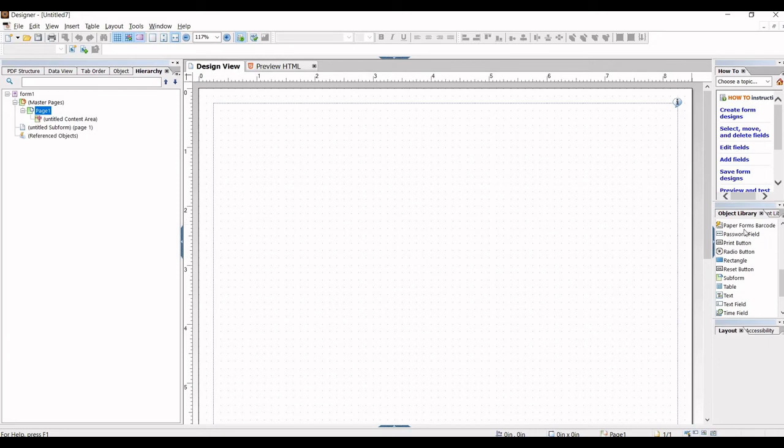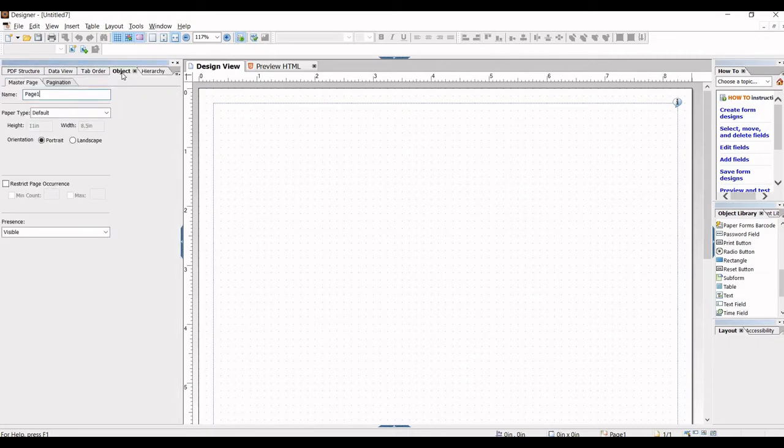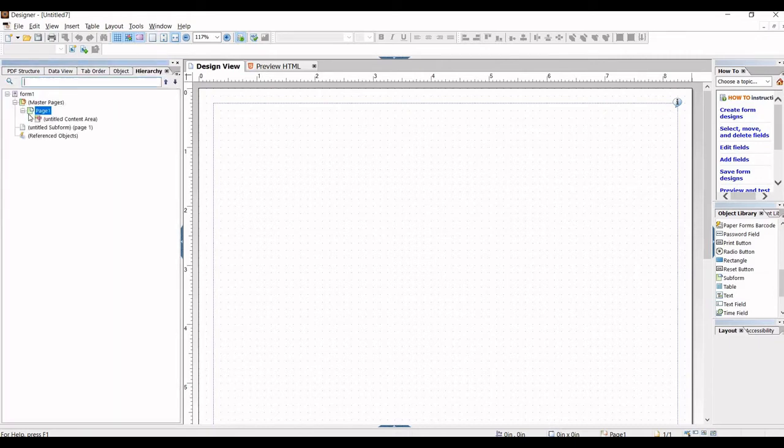Just make sure you have this object library pane as well as the object pane itself. And in the hierarchy we can basically see what structure we are going to create. Okay, so the very first thing is, within this object library we should find this subform, and just drag and drop it here,